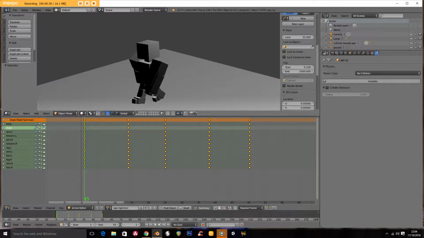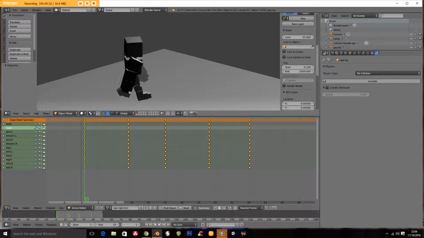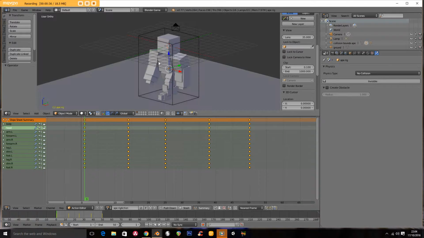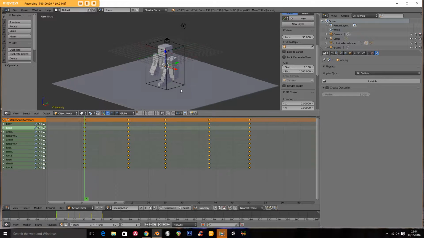I can walk around in the game. I can turn my mouse. There's my character walking around. So what are we going to do here? We're going to make